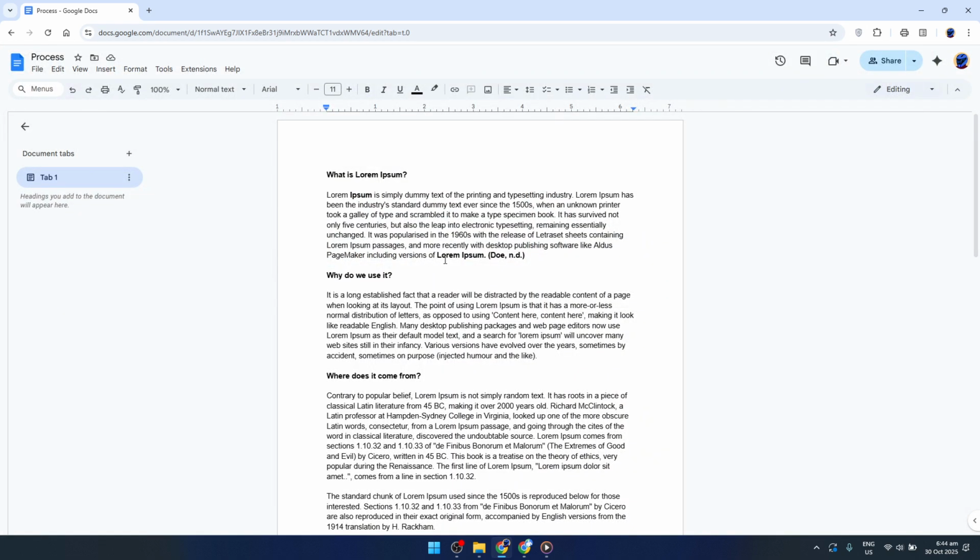And there you have it. By taking these steps, you've successfully learned how to restrict editing on your shared Google Doc. Remember, managing access is a useful way to maintain the integrity of your document while still inviting